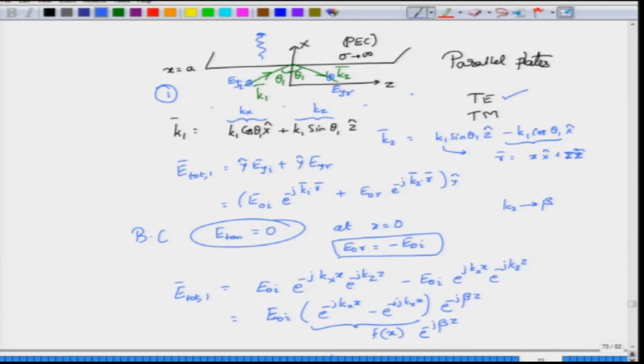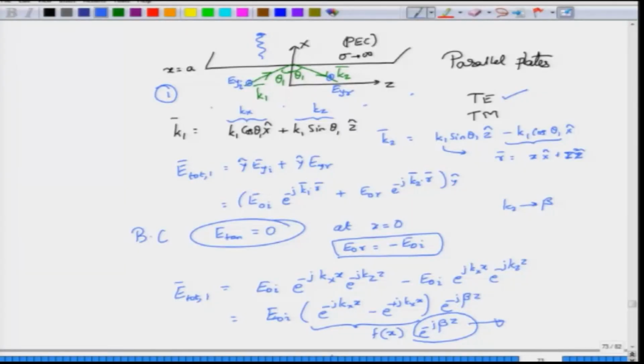So, there are no evanescent waves outside, or we will assume that the evanescent waves, even if they are present, have died down so rapidly that you do not even have to go beyond a few nanometers or few angstroms above this perfect electric conductor region to actually see anything of that decaying sort of a thing. So, it is a perfect electric conductor, light is incident at an angle, it gets reflected. Instead of light, I am talking about electromagnetic wave, which are essentially the same, gets reflected, and when you move away from the interface, at some point when you look at the total electric field, the total electric field will be something like f of x, but it would be propagating along the z direction.